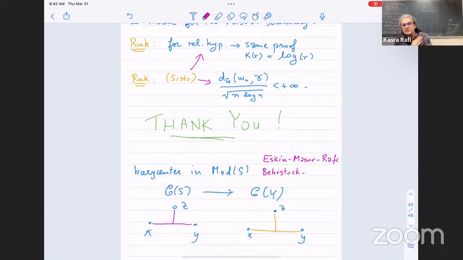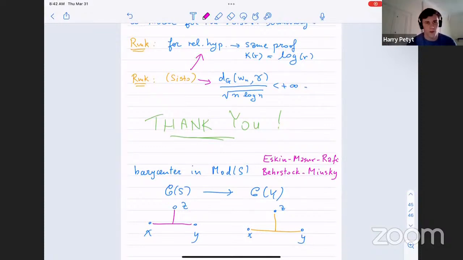This stuff is done in the general notion of HHS now, for sure. But I think some version of this is also done in Behrstock. I don't know if they do this take-the-barycenter realization thing. I'm not sure if they do that, but maybe they do. It's very possible. But they're just doing the mapping class group, not Teichmüller, I think. The idea is kind of clear: you can take the barycenter in each hyperbolic space, but then what you get at the end is actually consistent, so you can realize it as an element of the mapping class group.